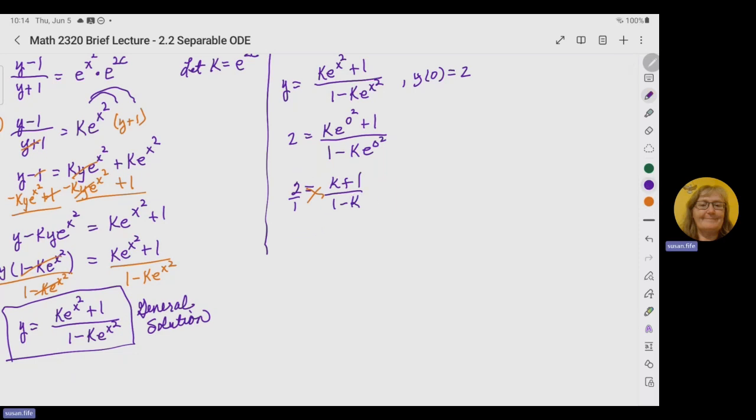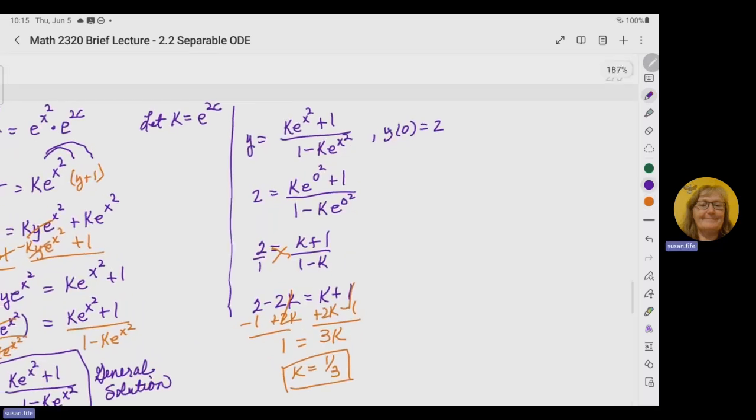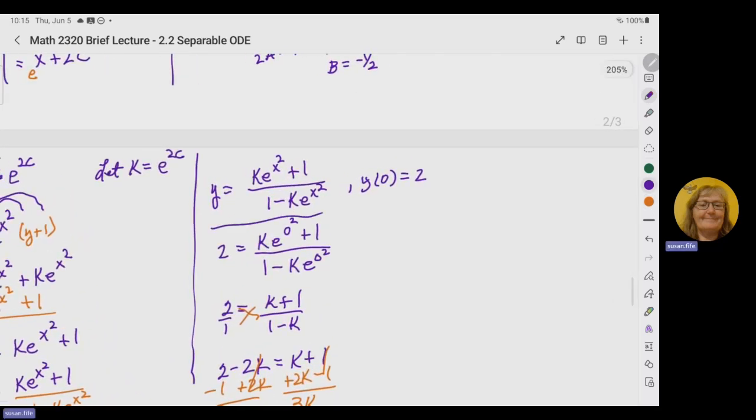Multiplying 2 times 1 minus k, we get 2 minus 2k. Multiplying 1 times k plus 1 gives me k plus 1. I'm going to add 2k to both sides and subtract 1 from both sides to get 1 equals 3k, and then divide by 3, and we get k is 1/3. So k is 1/3. If I take my general solution and put 1/3 in place of k,